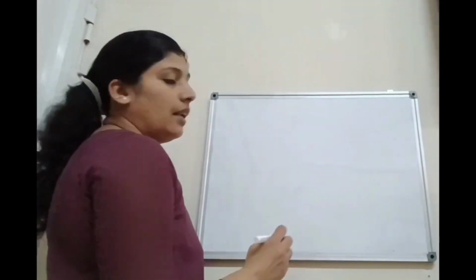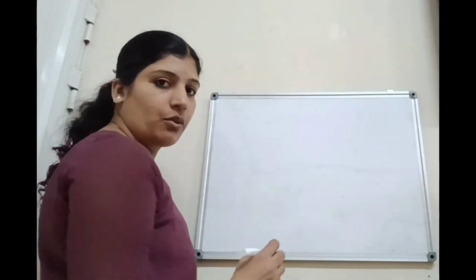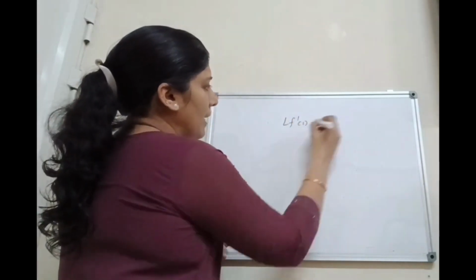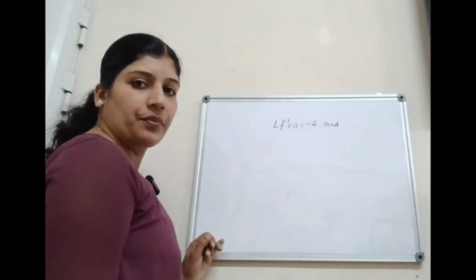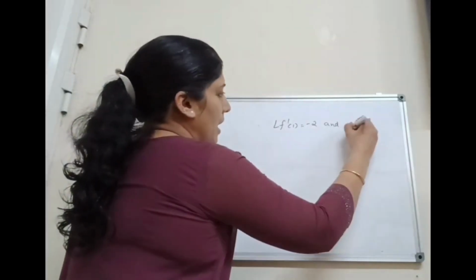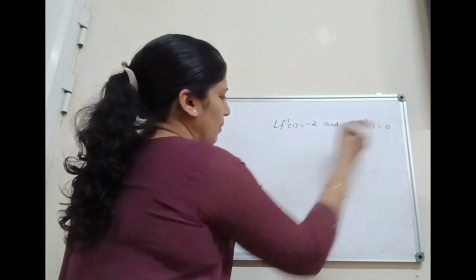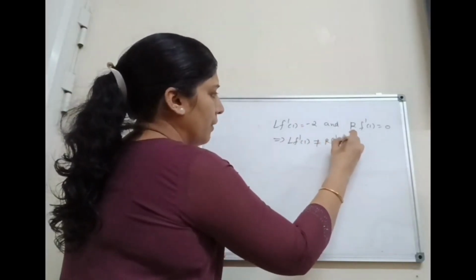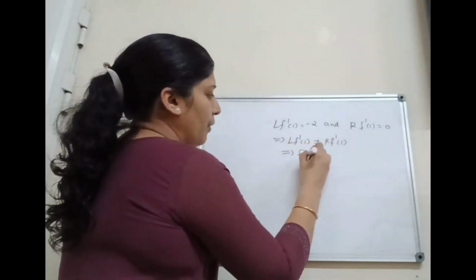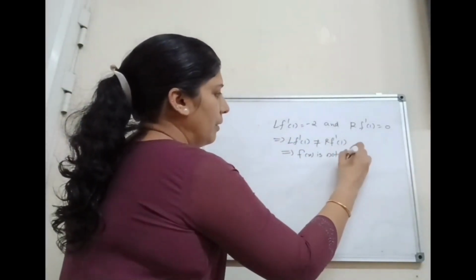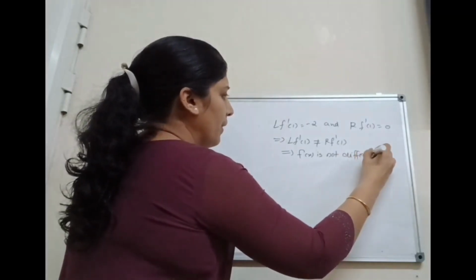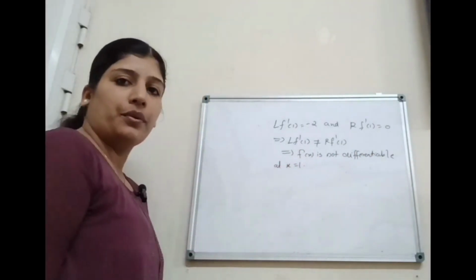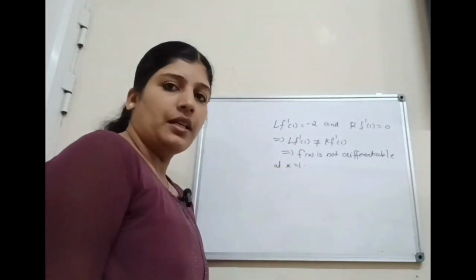Here the left-hand derivative of the function f of x at x equal to 1, L f dash of 1, is equal to minus 2. And the right-hand derivative of the function f of x at x equal to 1, R f dash of 1, is equal to 0. That implies L f dash of 1 is not equal to R f dash of 1. That means f of x is not differentiable at x equal to 1. Similarly, we can prove that f of x is not differentiable at x equal to